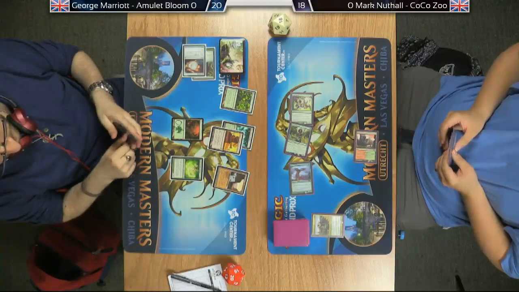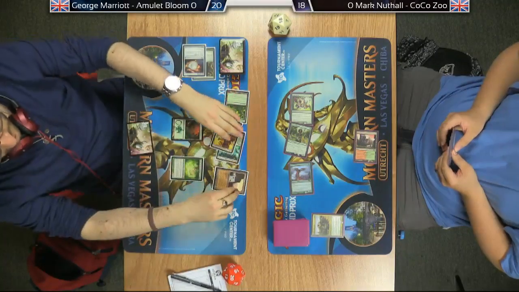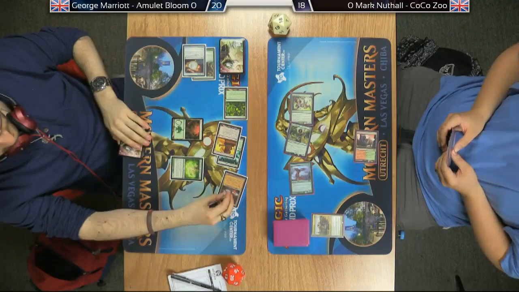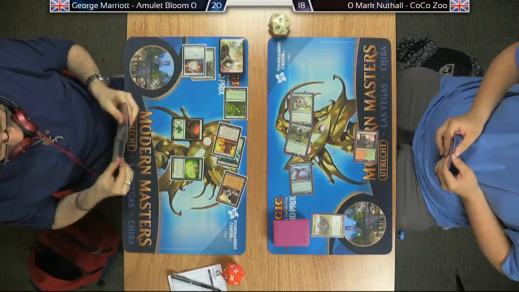Is it more important to kill Amulet than killing Azusa? Yes. Yeah, because there's only 1 Amulet, but it also has things like Summer Bloom, which can... Exactly, Summer Bloom, right? Yeah, so Summer Bloom and Azusa just...